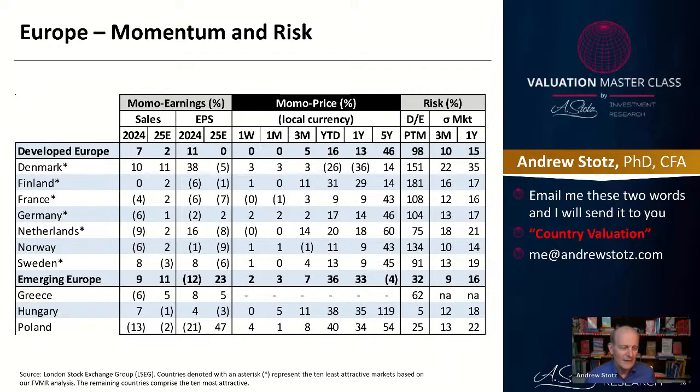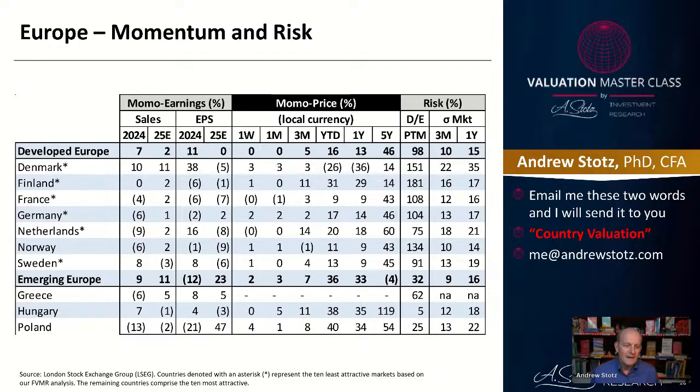You may ask, Andrew, how is Norway attractive? And yet it has earnings growth of -9. It's the worst earnings growth. Well, remember, it's 4 different things: fundamentals, valuation, momentum, and risk. And we can see that Greece and Hungary, they're pretty much in line with Europe. And then let's say Greece is the fastest growing. And then Poland has some pretty exceptional item of 47